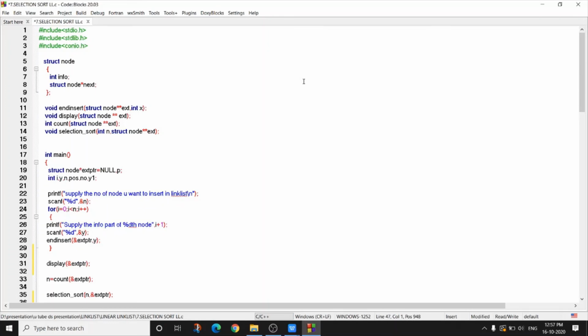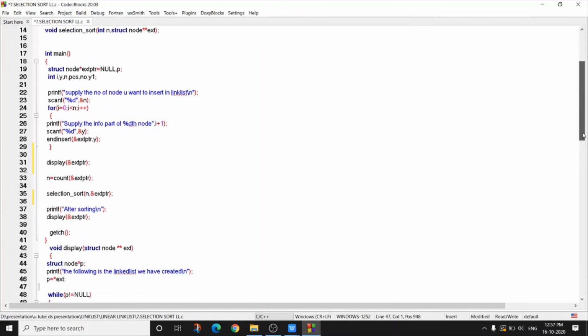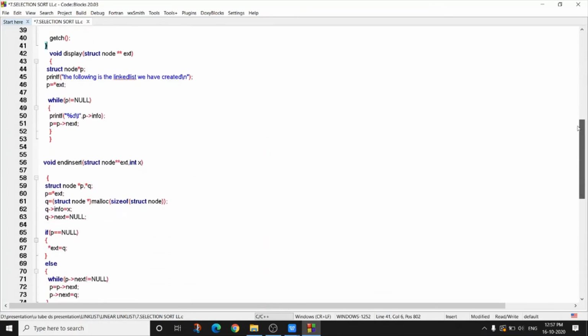Node structure and prototype declarations. Main. Display function.